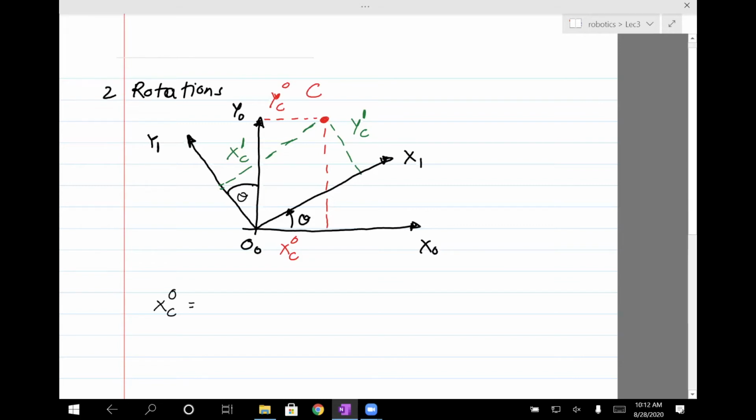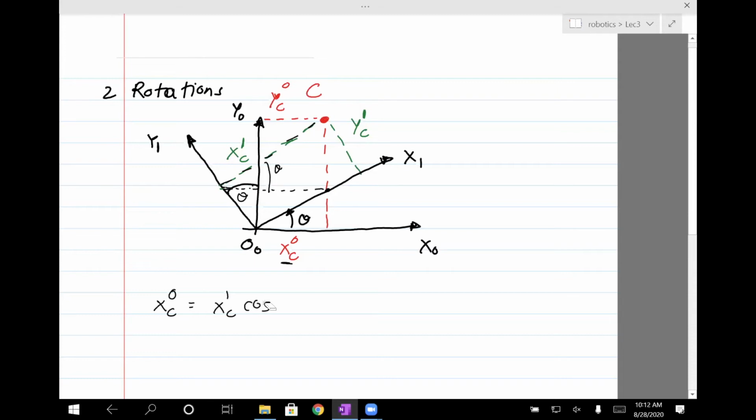For xc0, this is just a trick to find the position of this point, which is basically this distance. All you have to do is take this xc1 and project it on the x0 axis. When you project that by an angle theta, you should get xc1